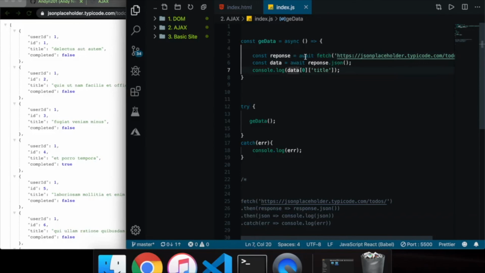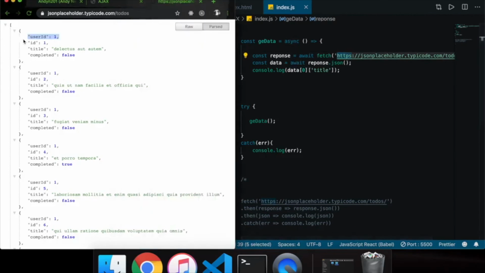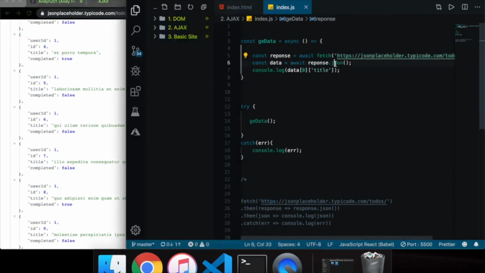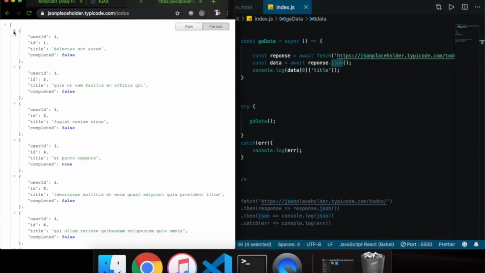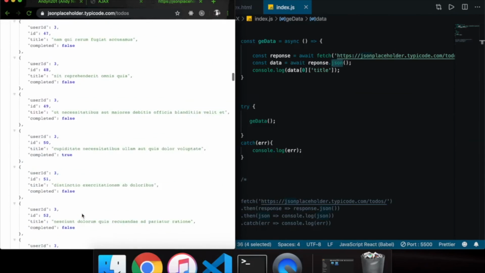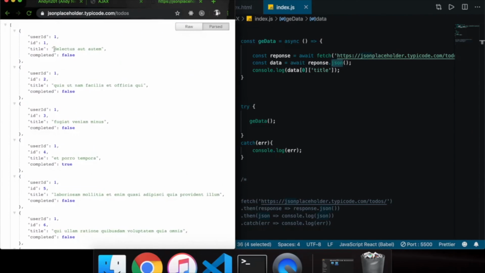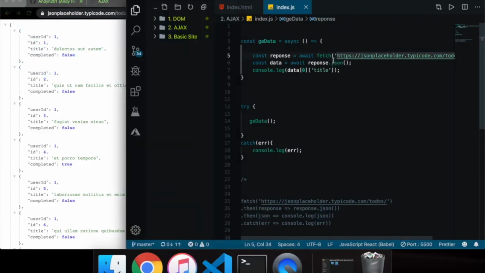After this, you want to take this stuff it fetches and turn it into JSON. This is actually JSON, just like JavaScript objects and arrays. That's it. It's just data. And this is JSON right here. So you want to take the response, which isn't in JSON, and turn it into JSON like this. And then after that,